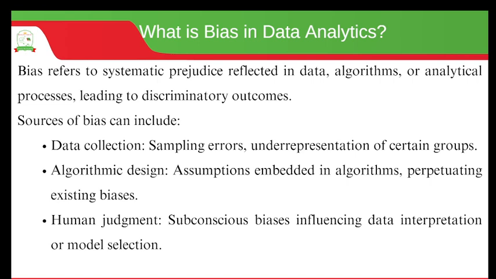What is bias in data analytics? We are saying bias refers to the systematic prejudice that is reflected in data, algorithms, and analytical processes that leads to discriminatory outcomes. Some of the sources of bias when it comes to analyzing data begin with data collection. We could experience sampling errors, we could have underrepresentation of certain groups,